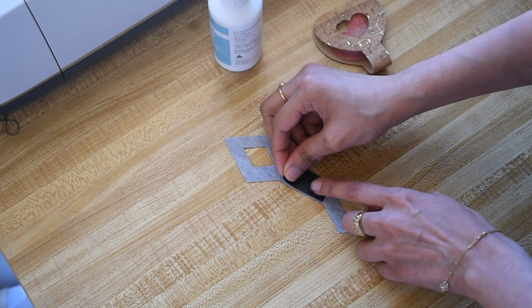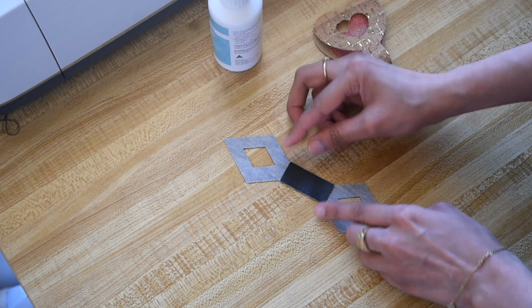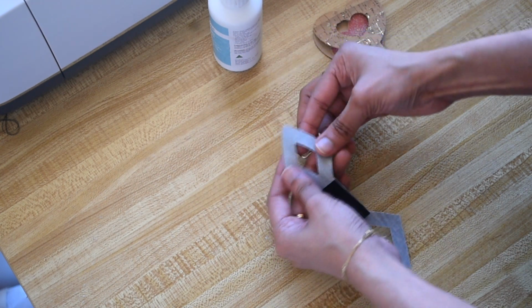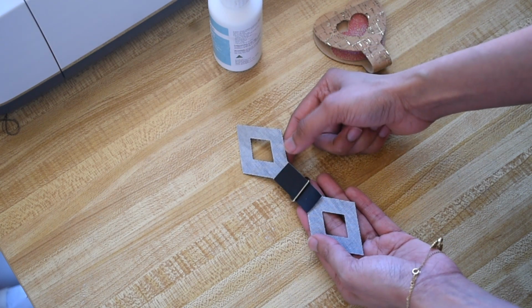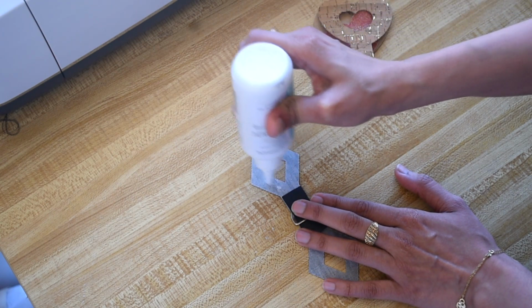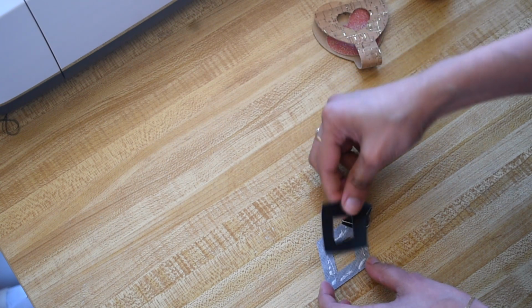So make sure that all the edges are perfectly aligned, as you can see over here. Now I'm just gonna insert the D-ring inside, so gotta fold this to make sure the D-ring goes inside perfectly. There you go. Now just fold it over, matching the two wrong sides, but make sure that you apply some fabric glue at first. Now just fold the whole thing over